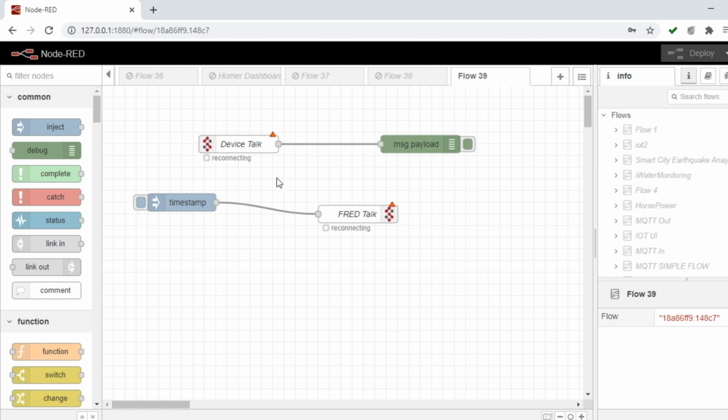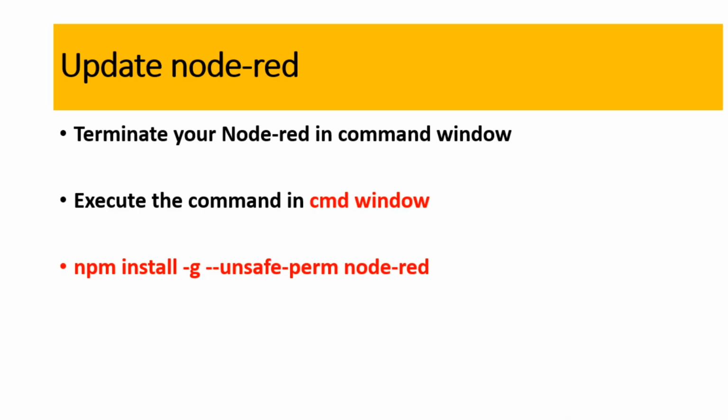Once we set it in one node, the same endpoint is automatically configured for the other node as well. So if you select MIOT for this node, MIOT automatically gets configured as the endpoint for the FRED out as well. So this is FRED in and this is going to be the FRED out.